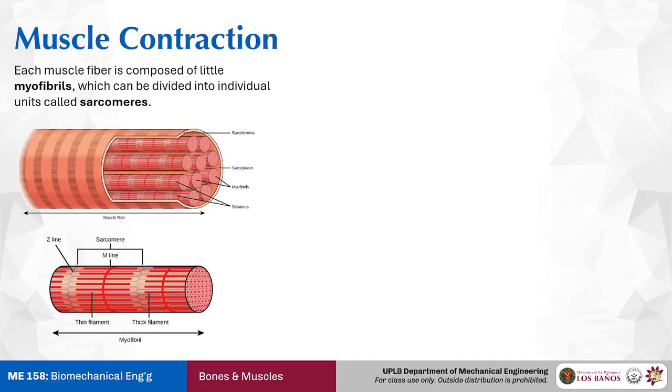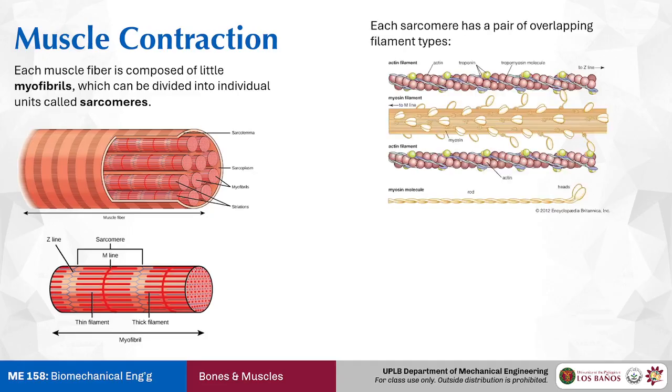What makes the sarcomeres very special in terms of their action is that they're actually made up of two main types of filaments, the actin filament and the myosin filament. For those who remember their elementary biology, I think this will be familiar. Or rather, I don't know if it's elementary or high school biology. You tell me. So you have your actin filaments here and you have your myosin filaments here.